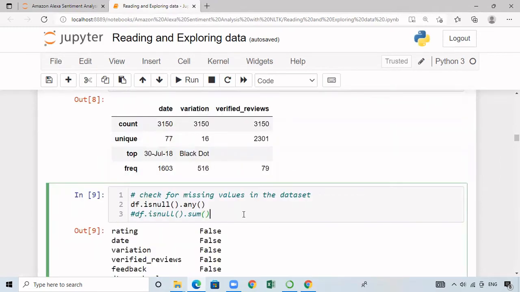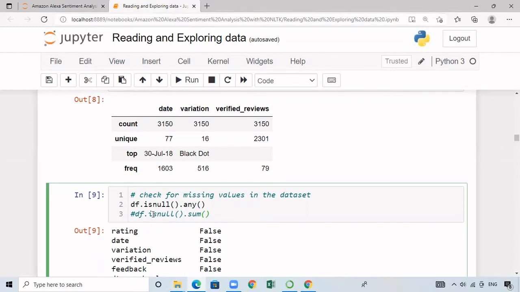Now, before performing any pre-processing, we have to remove all the missing values in our data set. Missing values are nothing but while entering the data set, certain cells may not have any value. Either the users can miss the value or otherwise the value may not be present at the time of data collection. There are so many reasons for that. So first, we have to check whether any null values are present in our data set.